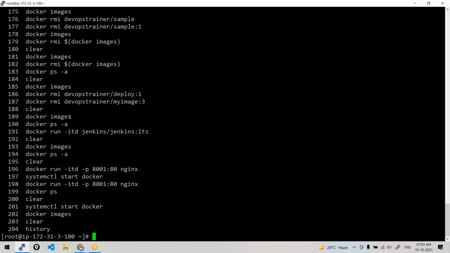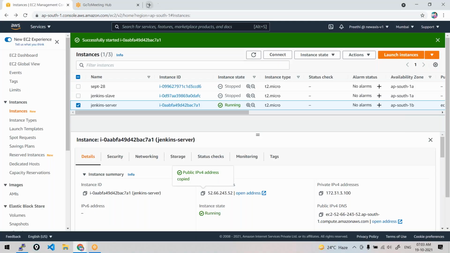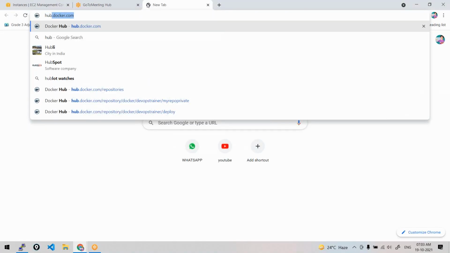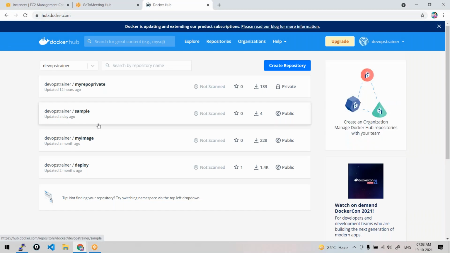So these are the things we have done yesterday, right? We have seen pushing the images to Docker Hub, pulling the images from the public registry, the default registry, which is Docker Hub. So this is what we have seen, like creating some images here, like pushing some images into the repositories, right? We have understood the naming convention like a registry, username, repository, right? We have pushed the images.